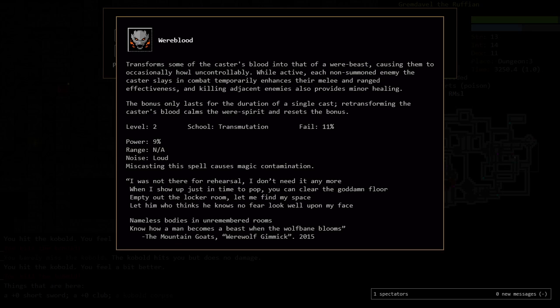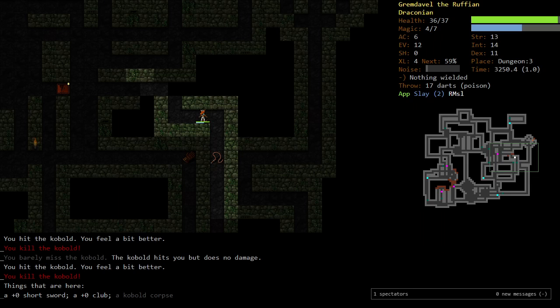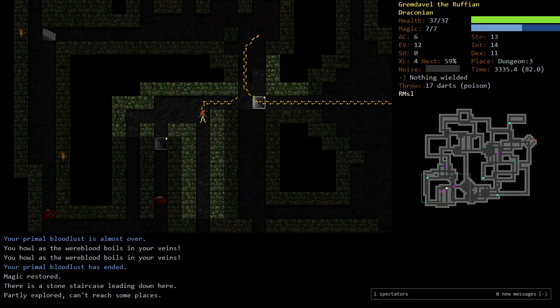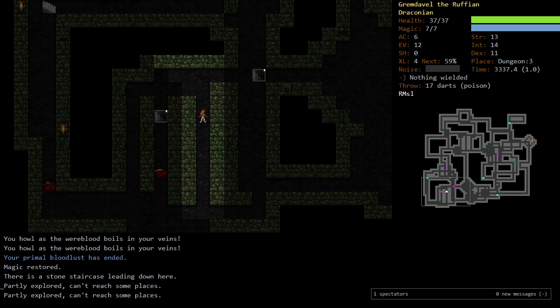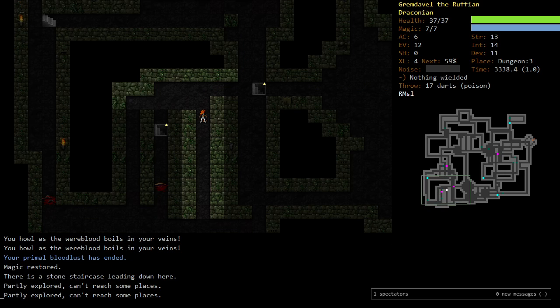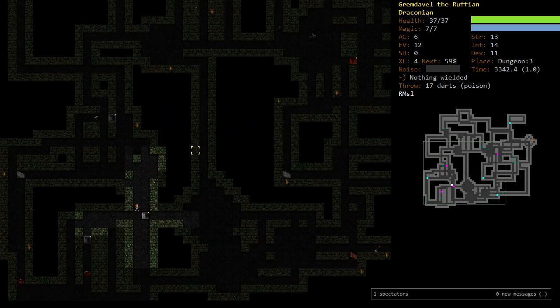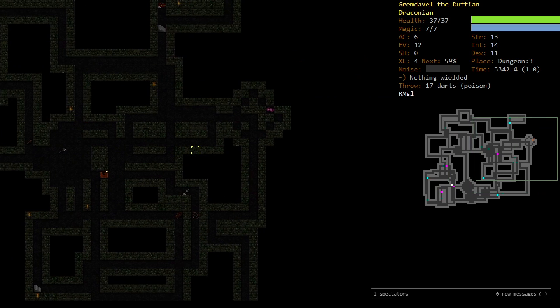I think as the spell becomes more powerful, it heals you more when you kill. Right now, the power is 9% of its full potential. Once it's at 100%, I don't know exactly what the numbers are, but I think you get a lot more than just 1 hit point after every kill. So it does scale up. It's something we will want to keep using as we go through the game, because if there are a lot of enemies and you can get a +9 slay bonus going, that's really amazing. Can't reach some places. We can't reach... Oh, because of the...